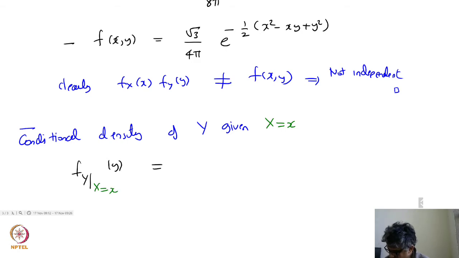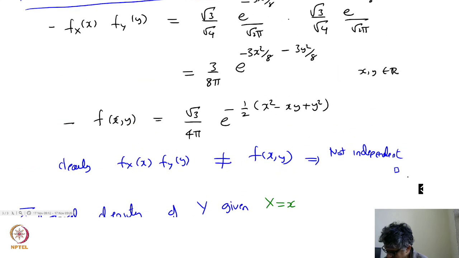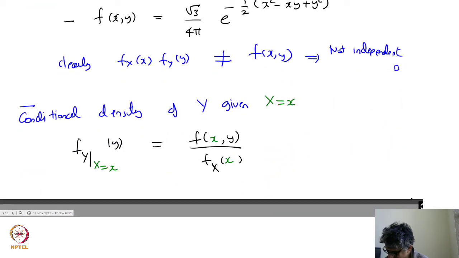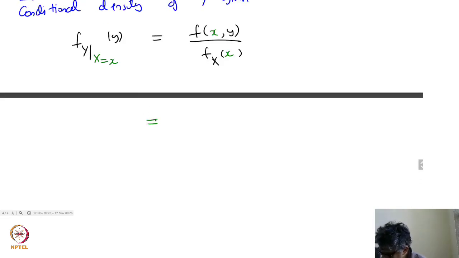We know that's going to be the same as the joint density evaluated at x and y divided by f sub X at the point x. That's the conditional density of y given x: the joint density divided by the marginal density. So what's that going to be again? Let's go up. The joint density is this. The marginal density is above. So you can just evaluate those. What do you get? I copy that down. That's going to be equal to e to the minus